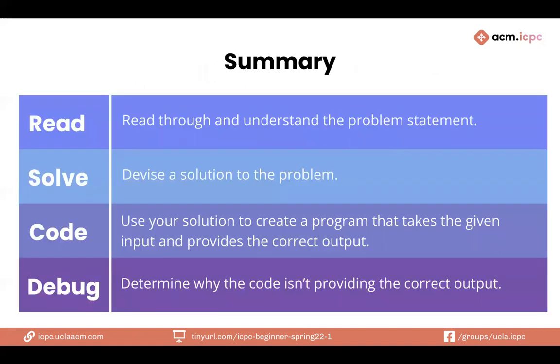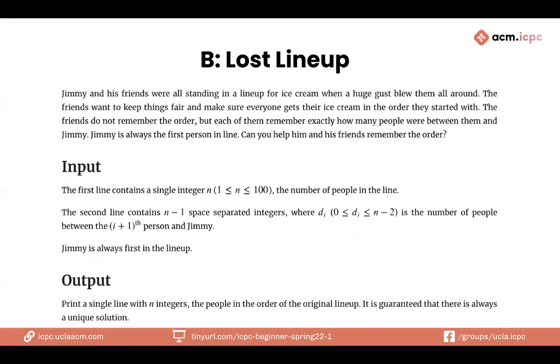So in summary, we want to read through the problem, devise our solution, code it, implement it as thoroughly as we can, and then debug to figure out what exactly is going wrong with it. So now let's move on to our second example problem. If you want to go back to the contest and open up example problem B, Lost Lineup,